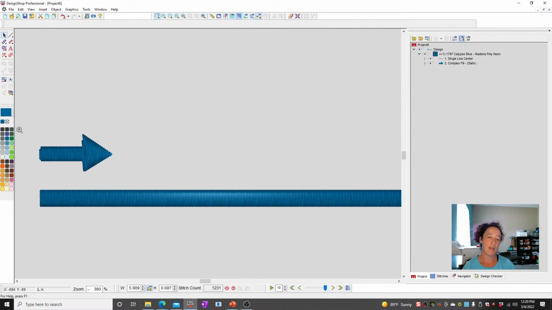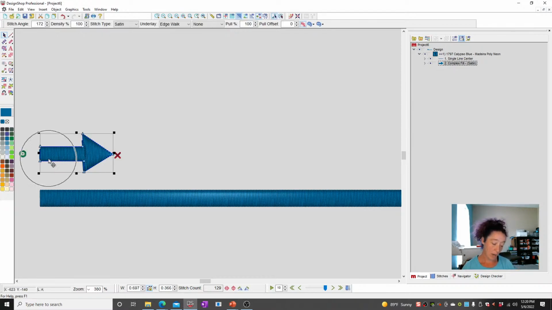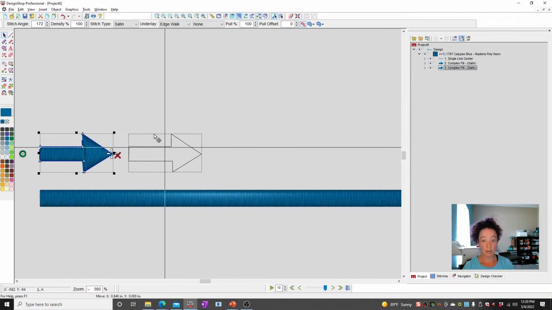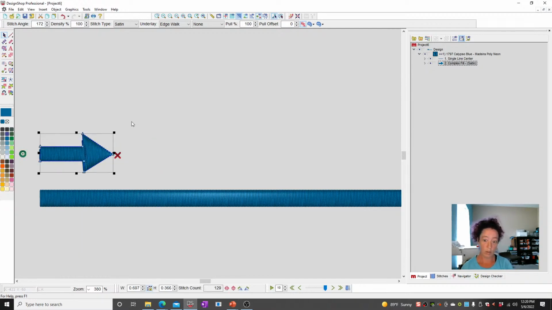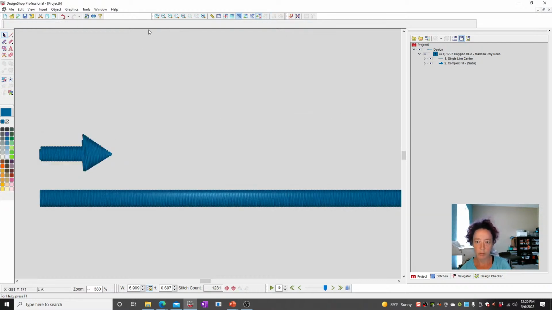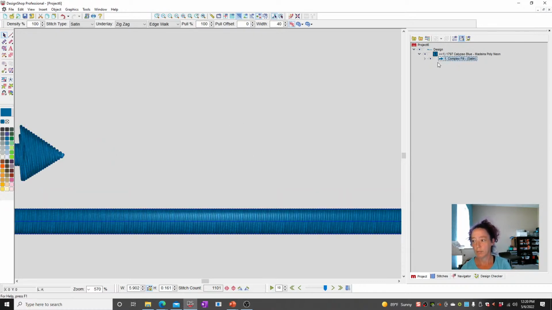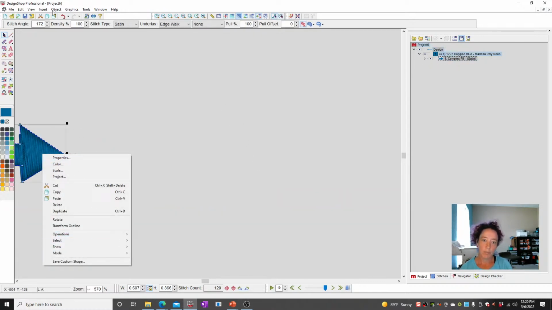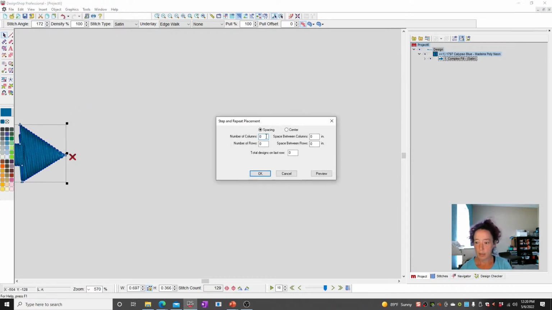We want to take that, and what I would do is draw one, copy paste, and move it over. Or you can do this. Object, step, repeat. 15 spacing, let's say 0, preview, who knows? Oh, that did the whole thing. There we go. Step repeat, 15.05. Okay,